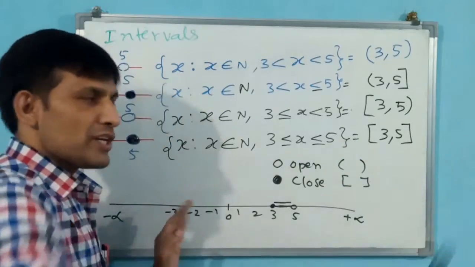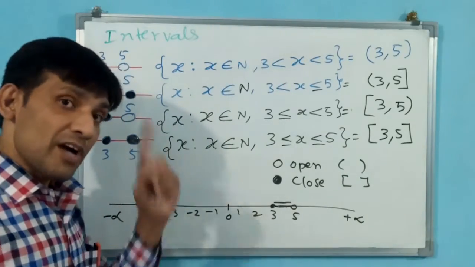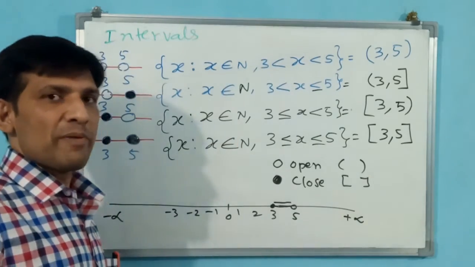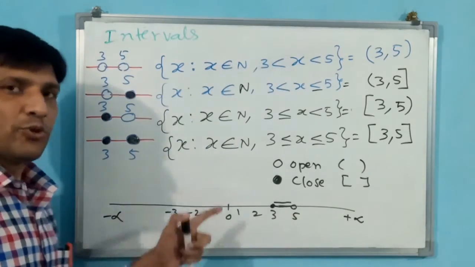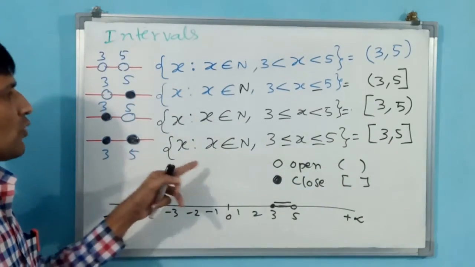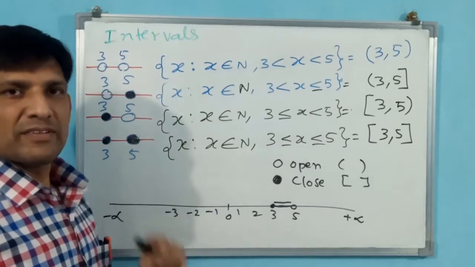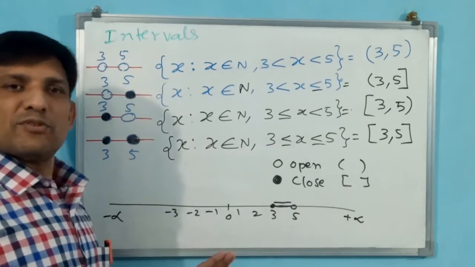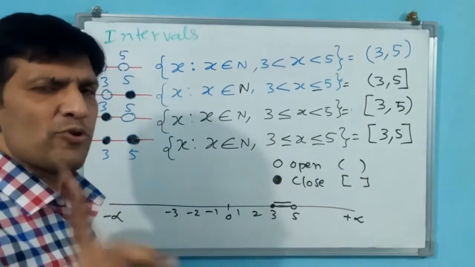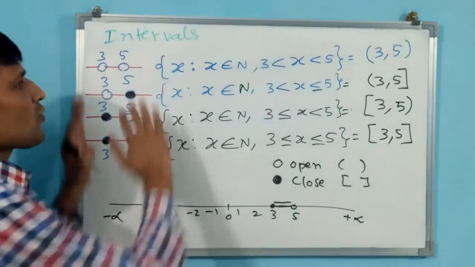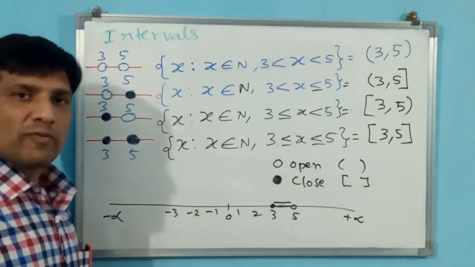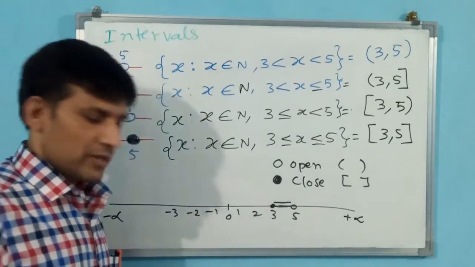3 to 20, 3 to infinity. How to write infinity and all I am going to tell you when the chapter comes. Infinity normally you have to keep open. Why? Because you don't know the infinity value. Unless you know the value you cannot keep a closed bracket. Nobody can put an equal to symbol for infinity. Less than infinity only they can put. When we come to that chapter I am going to explain to you, but for this chapter you have to understand this much only, enough. Okay, if you understand intervals then we go for universal set also. Okay.